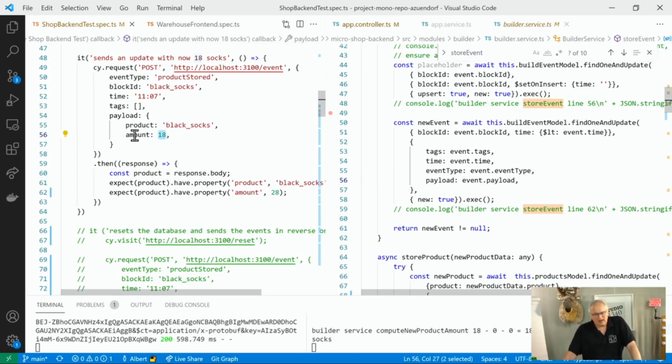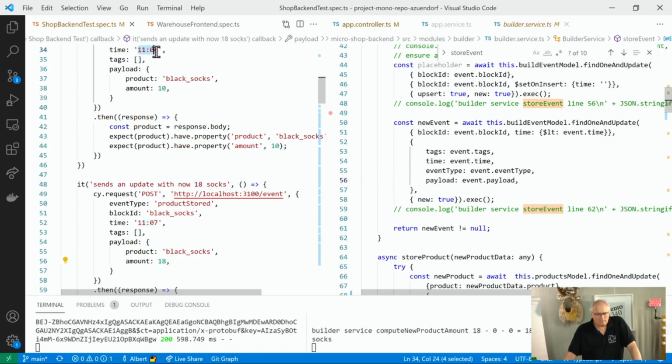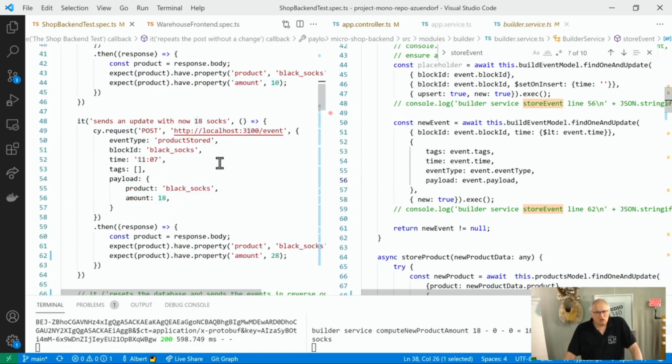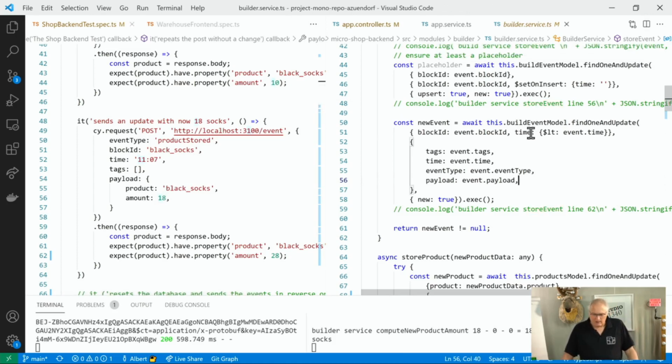And so what I actually do here now is I send... oh yeah, at 11:04 we had 10 boxes. At 11:07 a new pallet has been stored, and now we have 18 socks. And if I change the semantics of this thing here, I can actually do a good